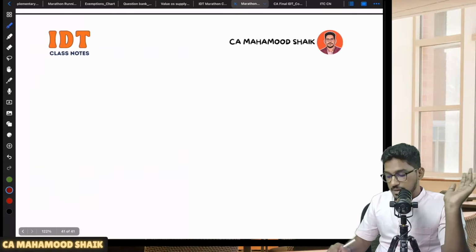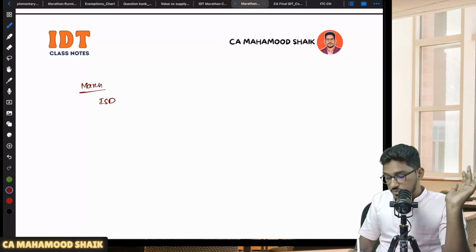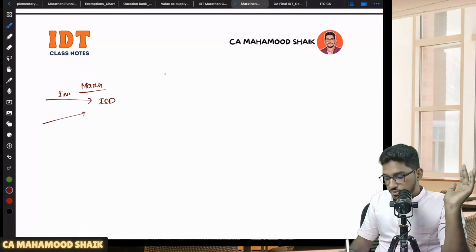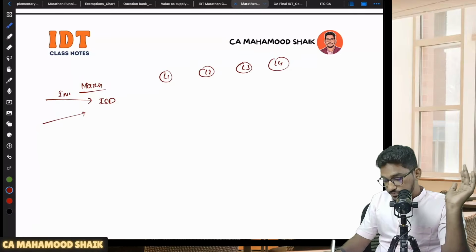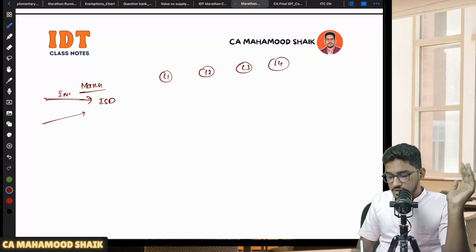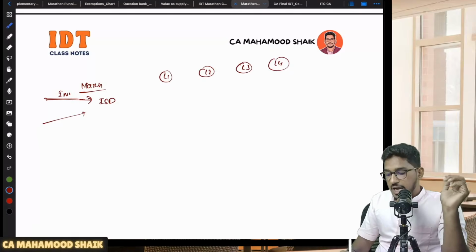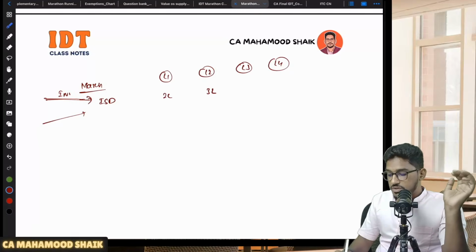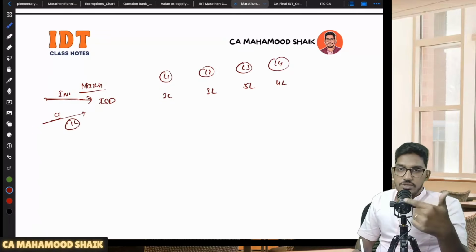See, practically what will happen is, let us say for example, in the month of March, ISD has got some invoices also. ISD got some credit notes also. So there are 4 locations which are required to be distributed. Location 1, location 2, location 3, location 4. So when they calculated fresh invoices, whatever they have got, ITC attributable is coming to 2 lakh, 3 lakh, 5 lakhs, 4 lakhs. They also got some credit note amounting to 1 lakh rupees.